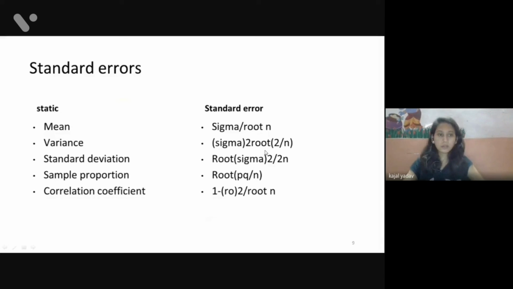The mean formula is sigma by root n. The variance formula is sigma squared root by 2n. The standard deviation formula is sigma by root 2n, and the sample proportion is root of pq by n. The correlation coefficient is 1 minus rho squared by root n. So these are the standard error formulas, which are different for all these statistics.